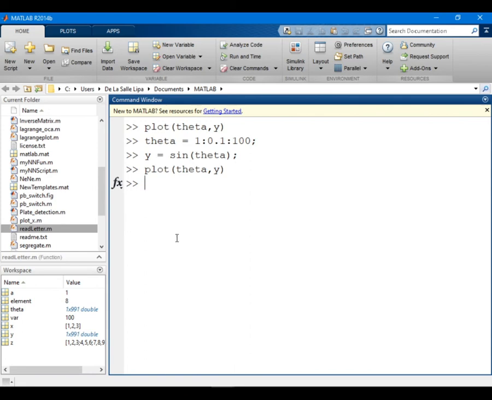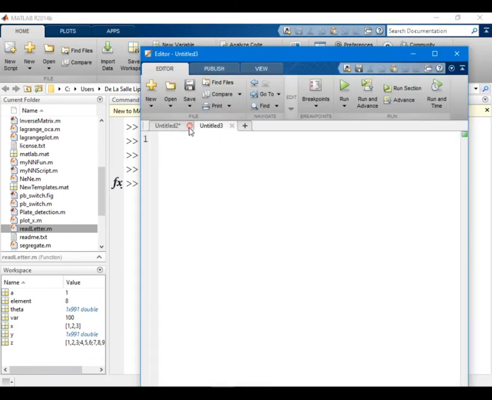Now, moving further, so we have the plot function. So how do we try to create an automation on what we have done right here? To create our own commands, I would say our own function, we are actually creating a new script. And creating a new script is by clicking on the new or blank script. And from there, you will be creating a function that would automate a